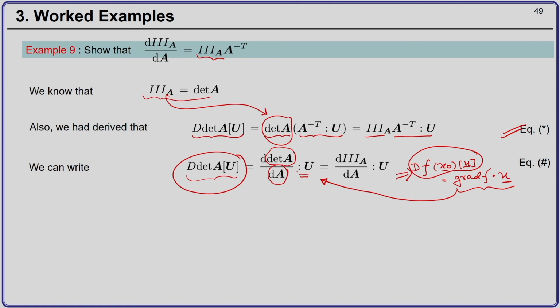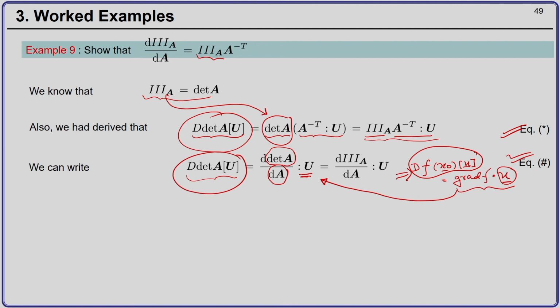So, it is a double contraction in the direction u, similar to this here. Now, once we have this, let us say this is equation prime. Now, we can compare equation star and equation prime. On the left hand side, we have the directional derivative of the determinant of A in the direction u. From equation star, this is nothing but the determinant of A times A inverse transpose double contracted with u,